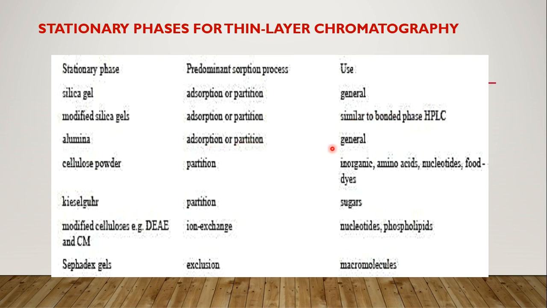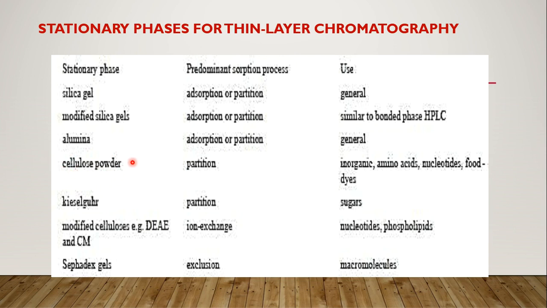Alumina adsorption or partition may take place. Its use is general for a very wide range of organic compounds. Then cellulose powder could also be used, where only partition takes place. This cellulose powder we have generally seen in paper chromatography, where cellulose